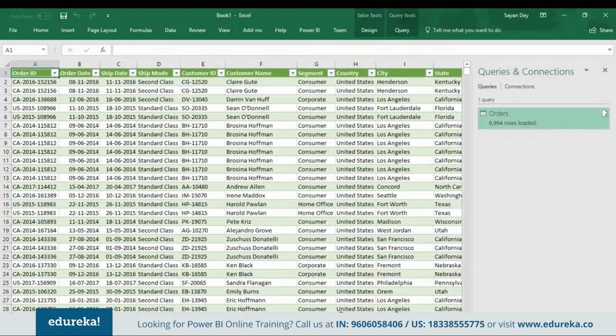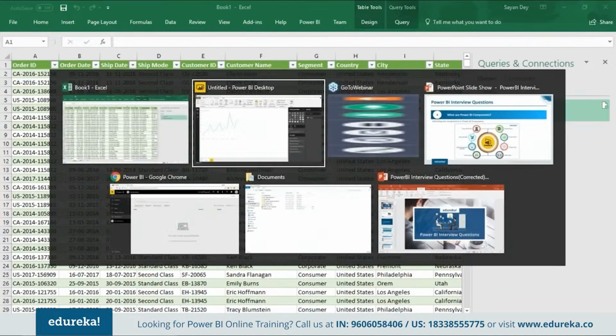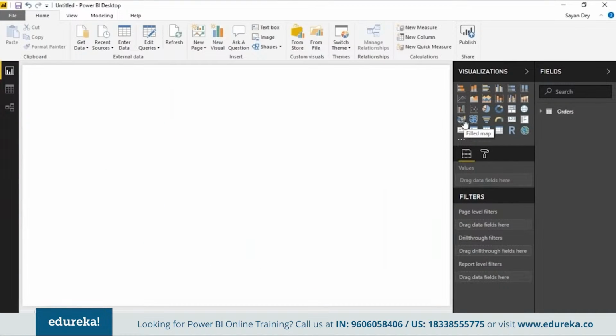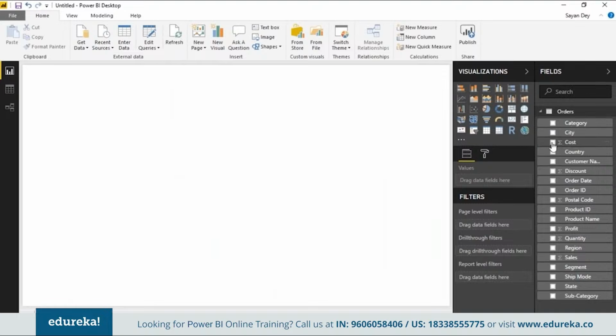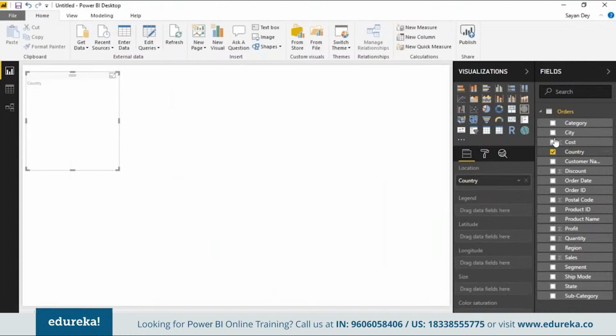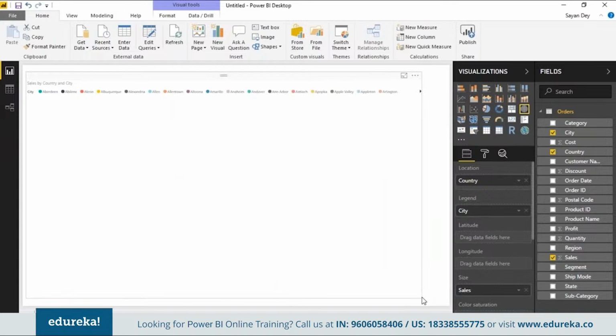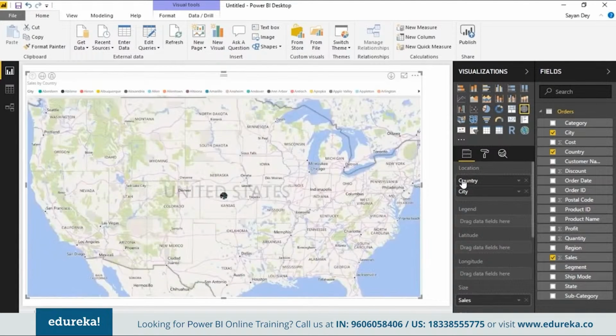Power Map is another add-in component in Excel, and essentially Power Maps are leveraged pretty much the same way within Power BI Desktop as well, using the very powerful mapping feature that you have here. Okay, you can build some very cool maps directly from the Power BI Desktop. And essentially you can do some pretty cool stuff in the Power Map feature as well within the Excel add-ins. Okay.